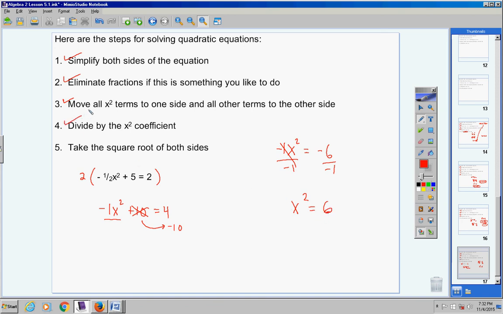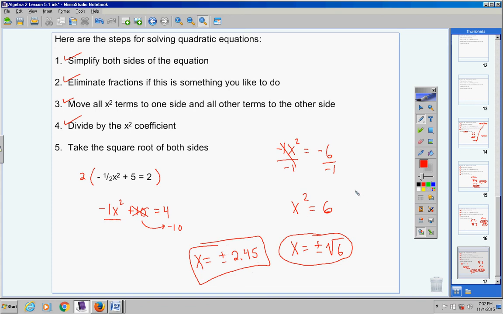Check. Now take the square root of both sides. The square root of x squared is x. Now you're choosing to put the square root in, so don't forget your plus minus. The square root of 6 is positive negative square root of 6. Okay? Now the other answer, of course, would be positive negative 2.449489743. I'm going to round that to 2.45. And there we go. If I ask you to write your answer in radical form, you would leave it like this if I asked you to write your answer as a whole